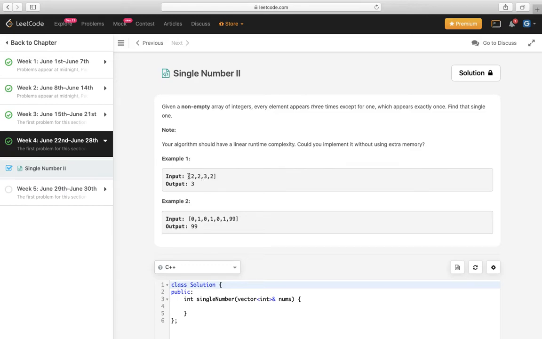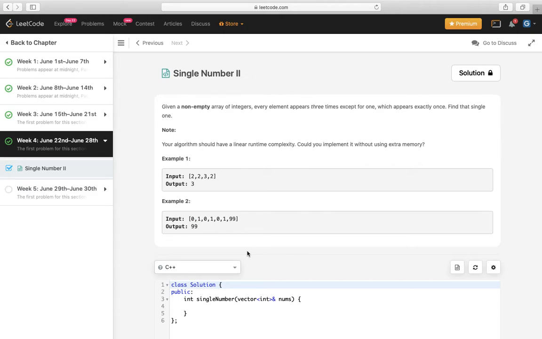For example, in this example, 2 appears 3 times and 3 appears exactly once, so the output is 3. In this example, 0 appears 3 times, 1 appears 3 times, and 99 appears only one time, so the output is 99.